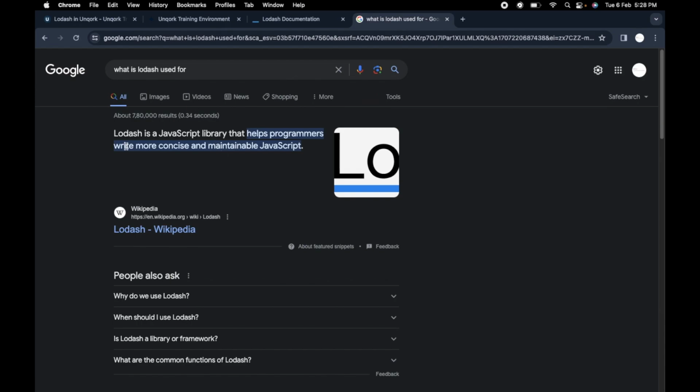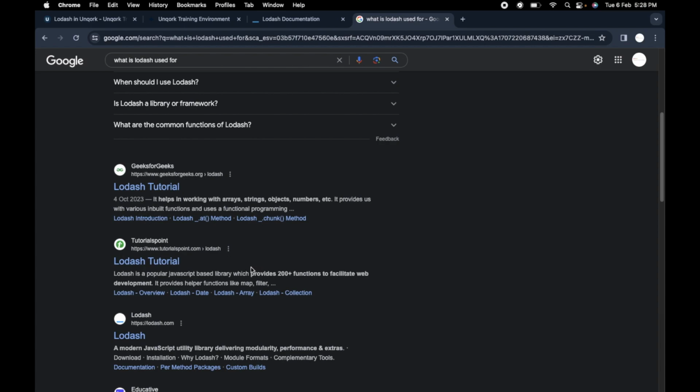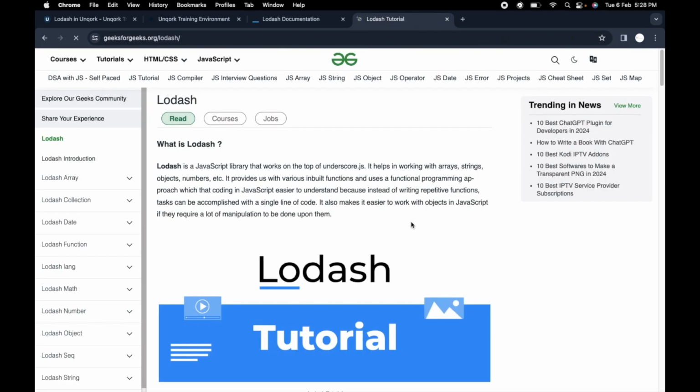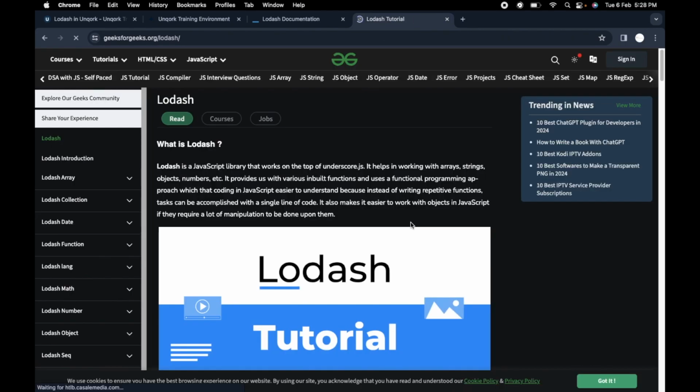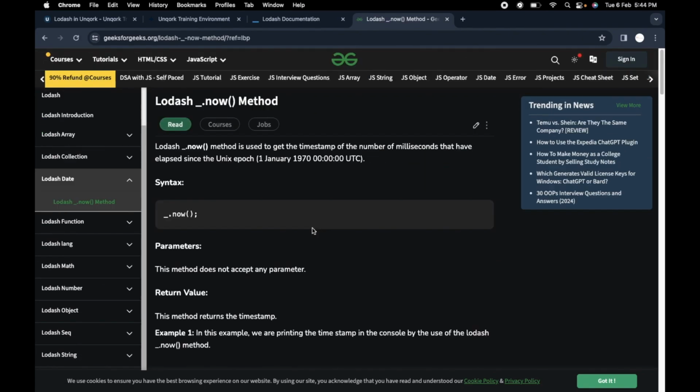What it says is Lodash is a JavaScript library that helps programmers with more concise and maintainable JavaScript. To give more details, you can see the other website here as well. This is not a new library; it is quite an older library that is in place, built upon JavaScript. It has a bunch of functions which are used in our day-to-day